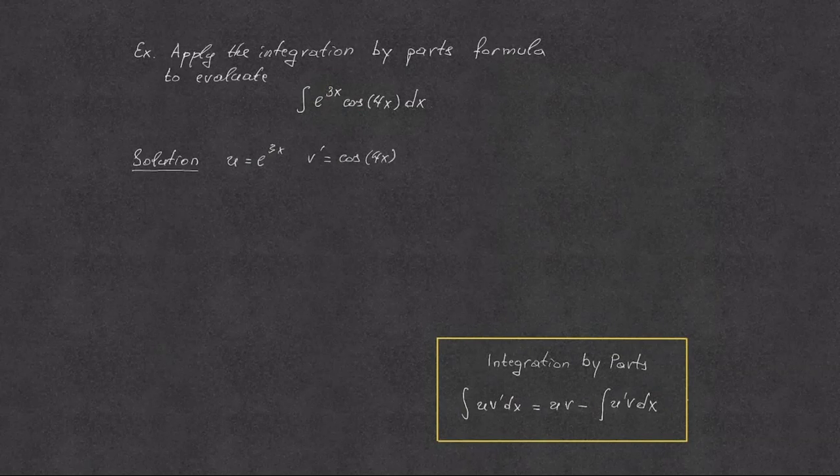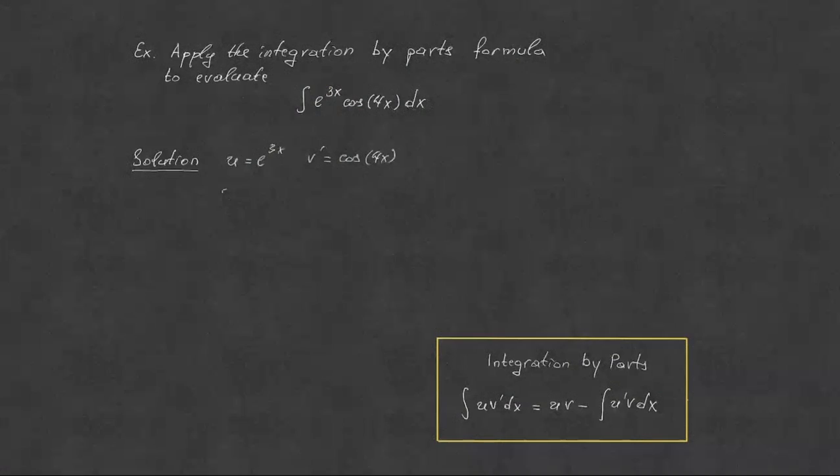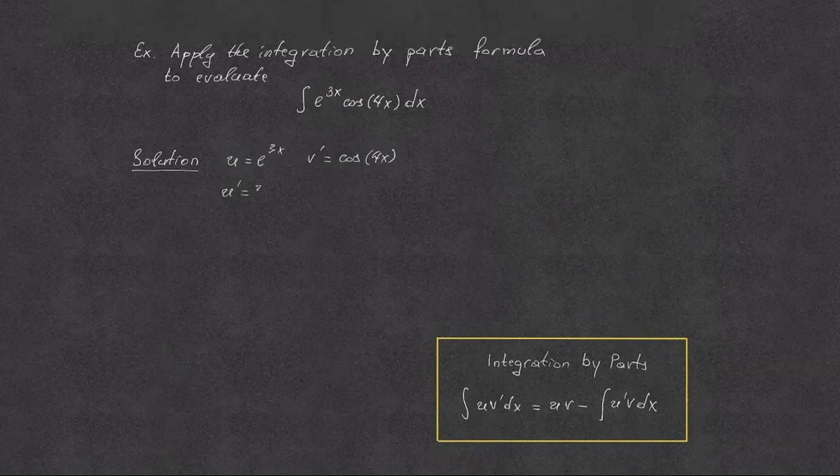We know that we need to find u prime, which is going to be 3 e to the 3x. And we also need to find the antiderivative of v prime, cosine 4x, which is going to give us